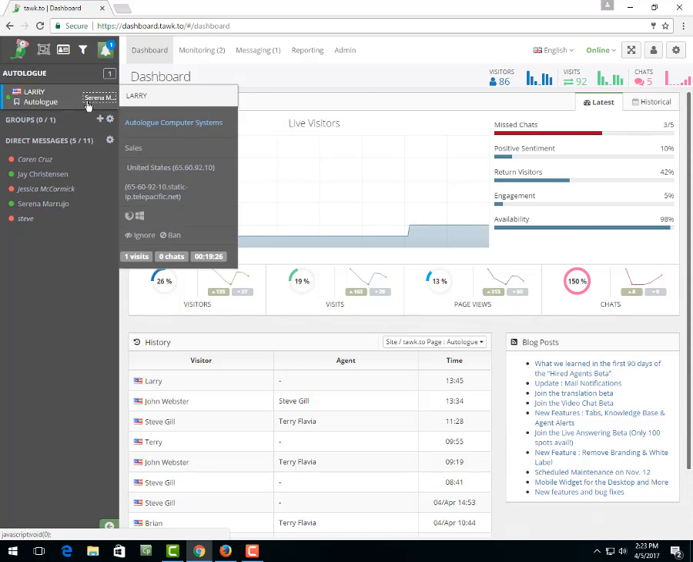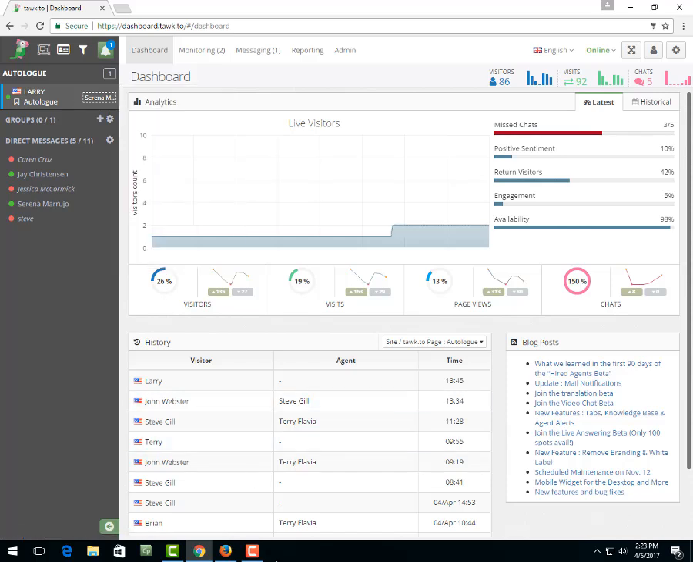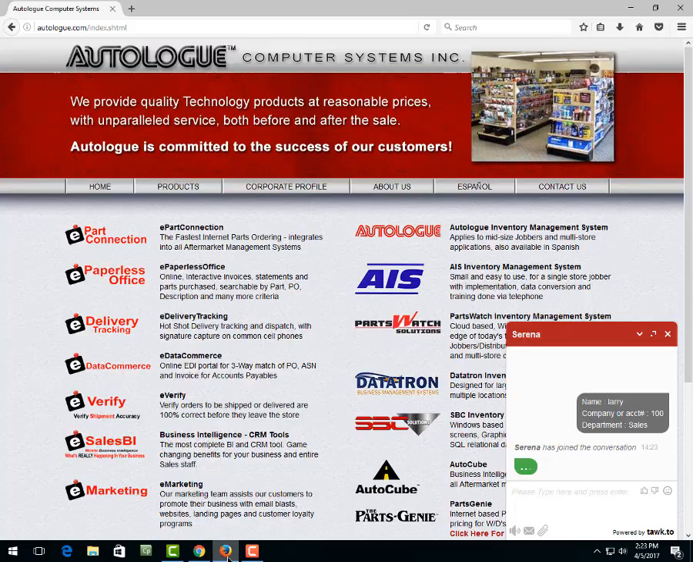Serena Marujo has grabbed the chat. You can see she just jumped onto it. Normally these will be pink. If you're part of that department, these will be pink, so that when you click on them, you can go and join it. But I'm going to go jump back out to the website here, and we can see that